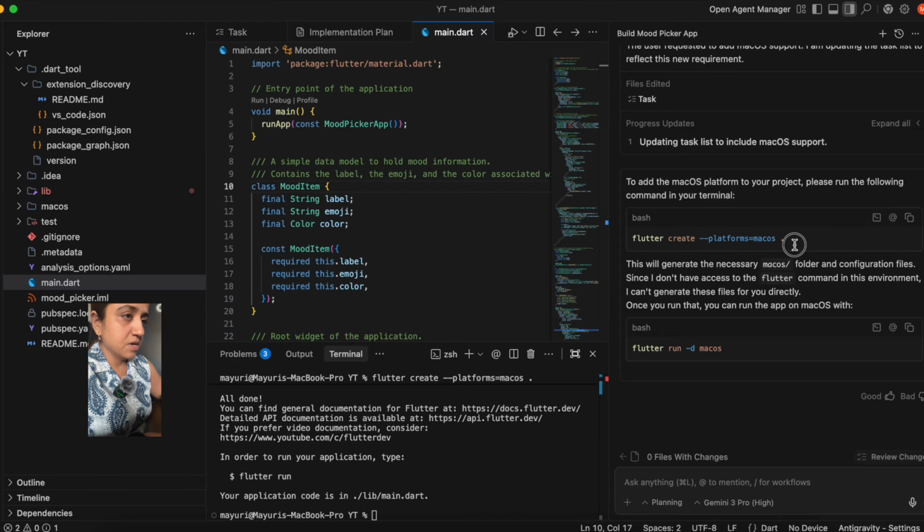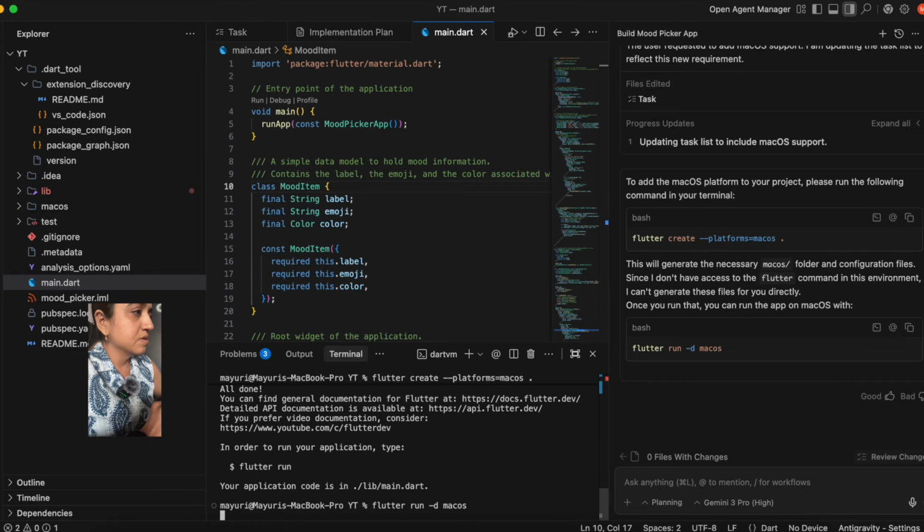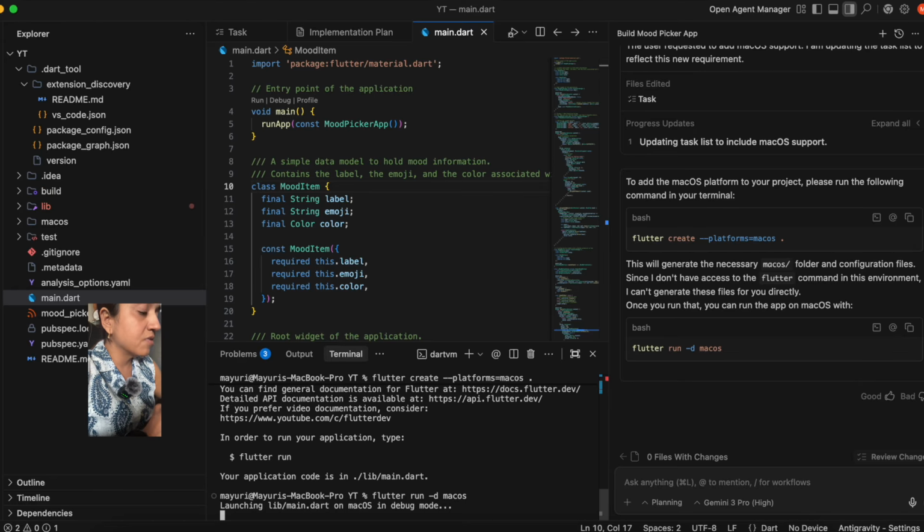Now this is running. This has added. You can see the Mac OS instance has been added. Now let us run this command again. Now it shall run in the Mac OS instance. Let's see what happens. I have literally just given it a prompt and it has generated the whole Flutter